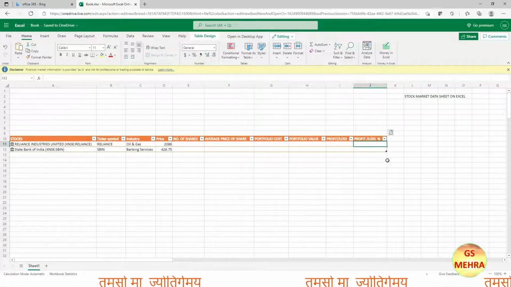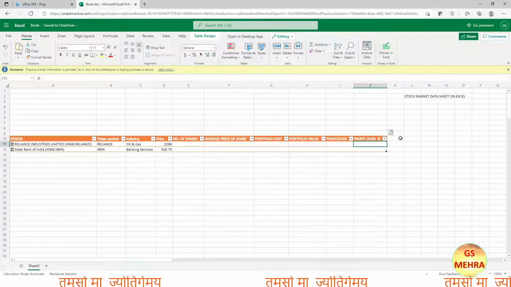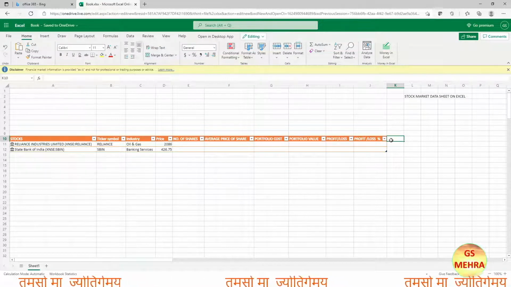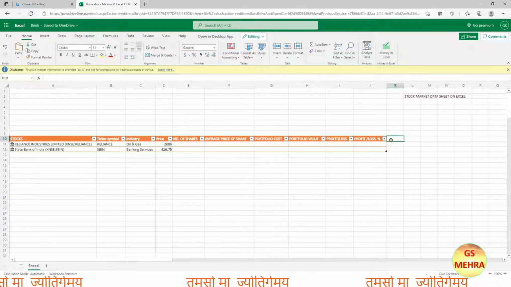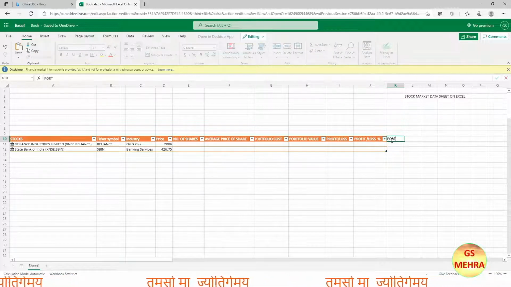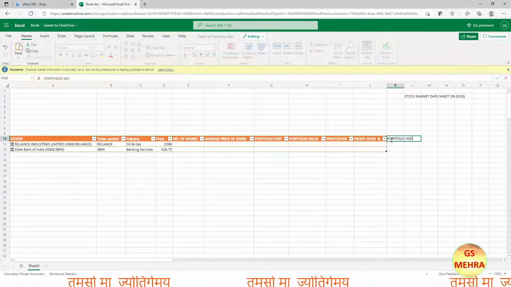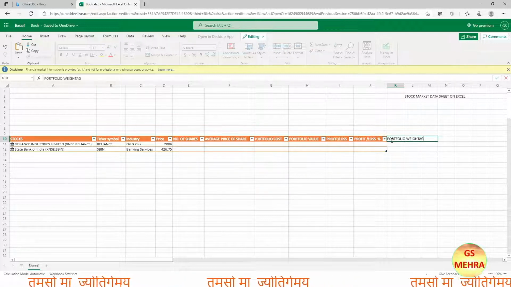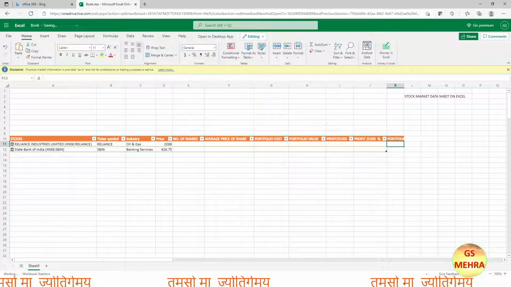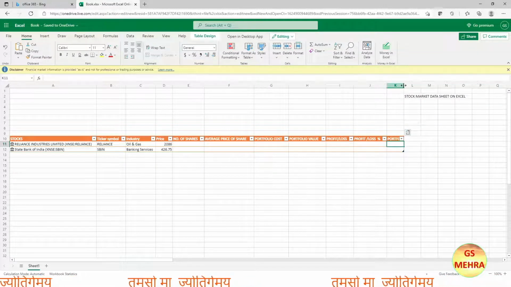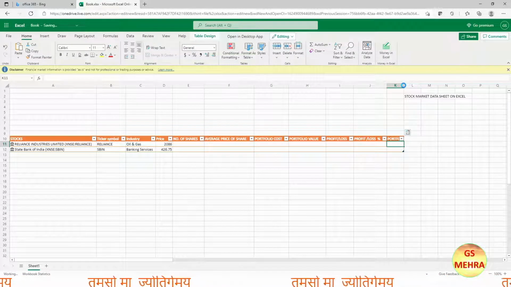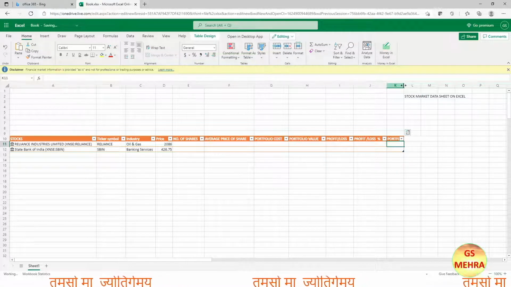Then at the end let us write here portfolio weightage. That means how much weight each stock has in our portfolio. So again double clicking on the thin line so that the width will increase.